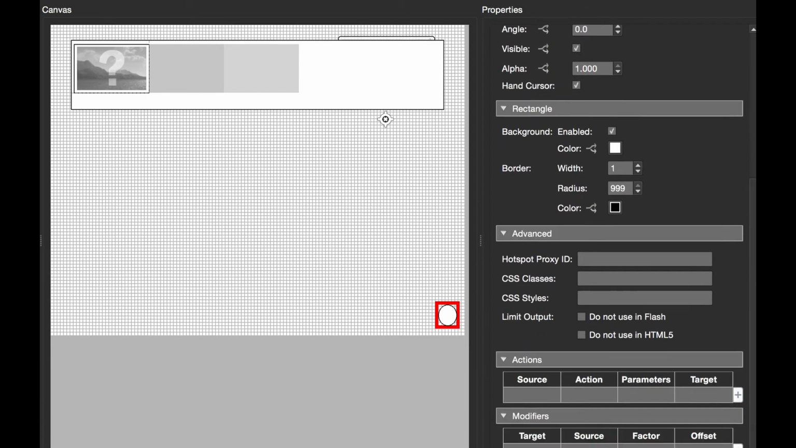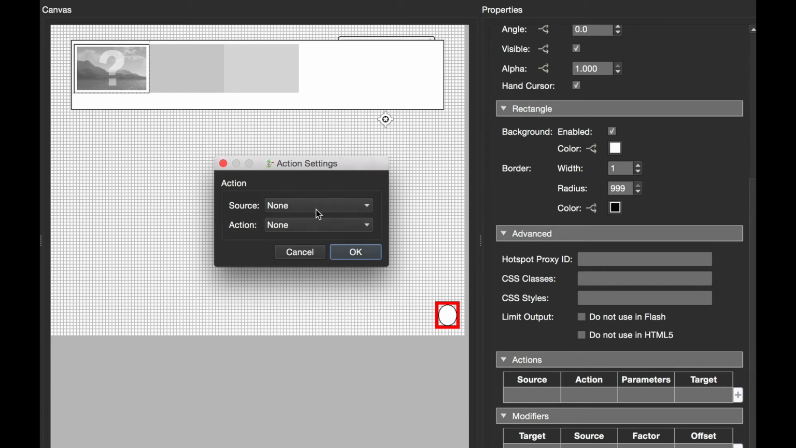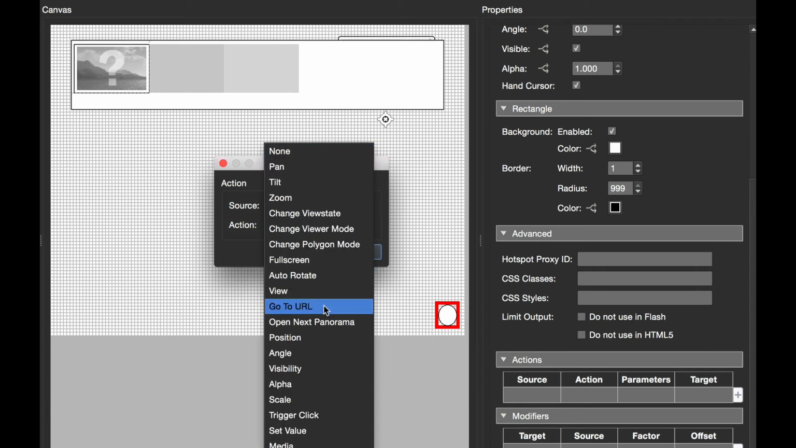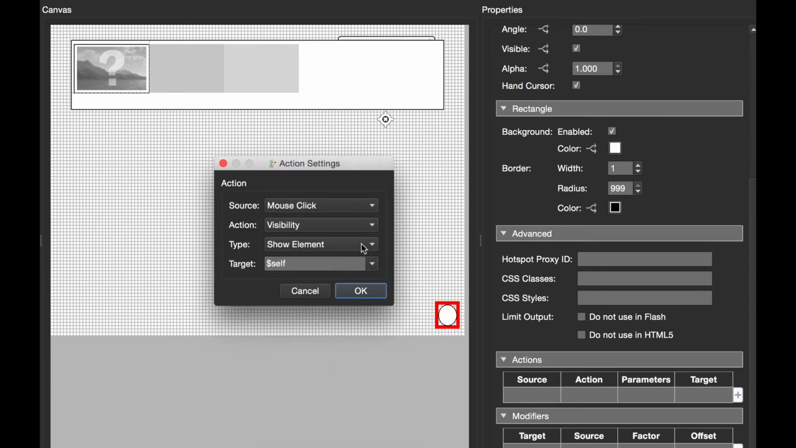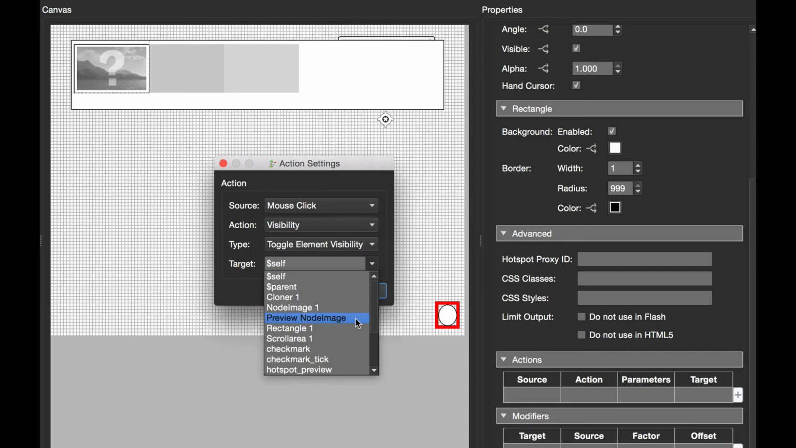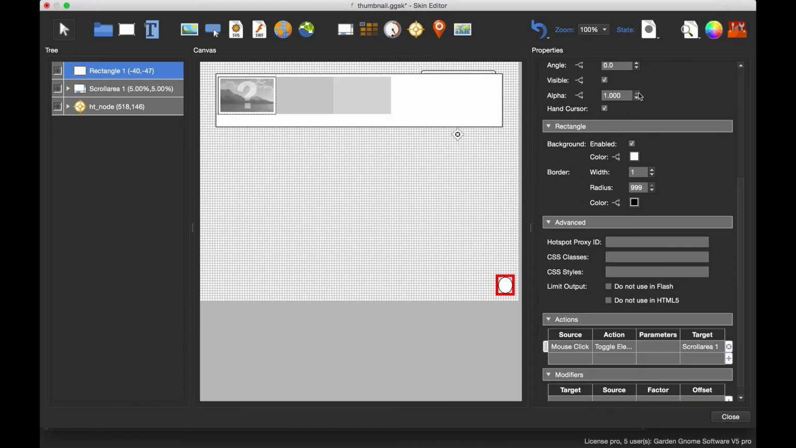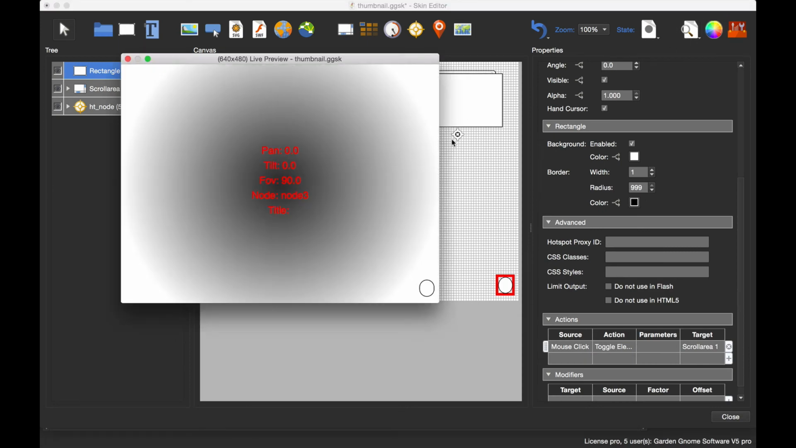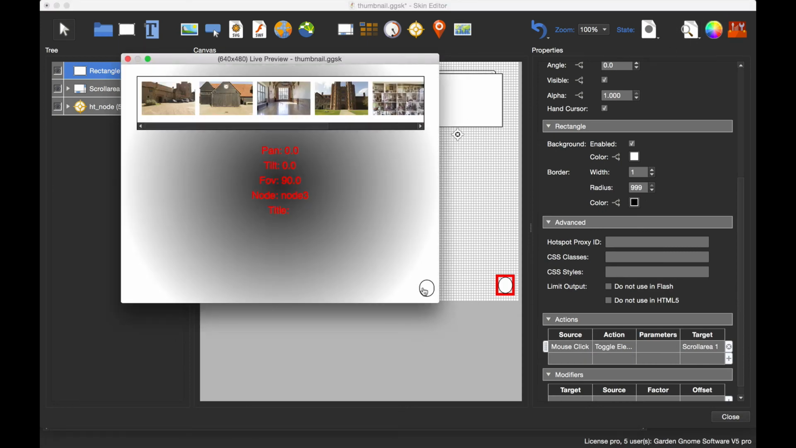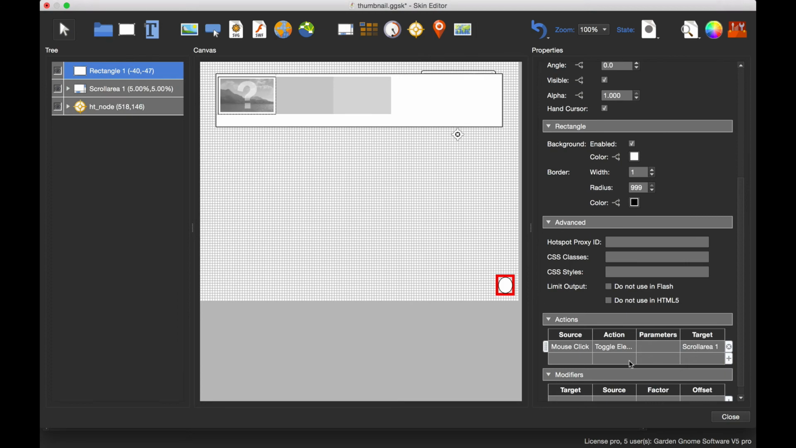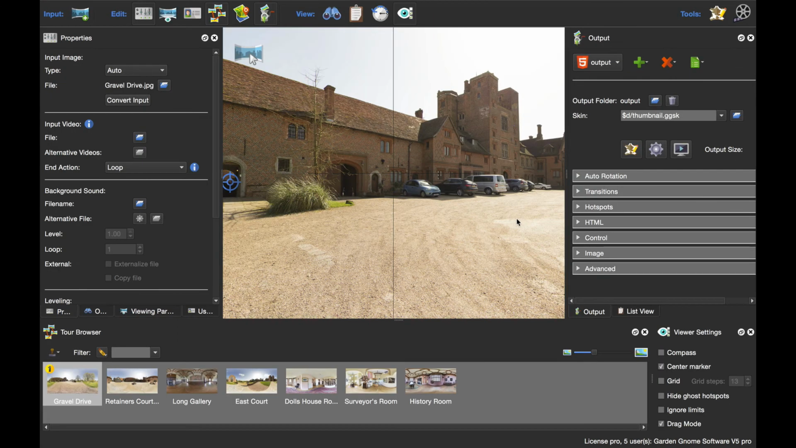And I need to give it an action, and the action is going to be mouse click, visibility, and we're going to toggle visibility, and I'm going to toggle the scroll area 1. Click OK. Again, I can test this with my live preview, and we can hide and show it, so that all works. So all I need to do now is close the skin and save it, produce the output,